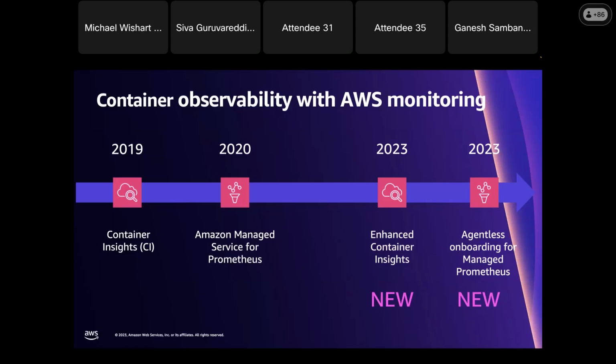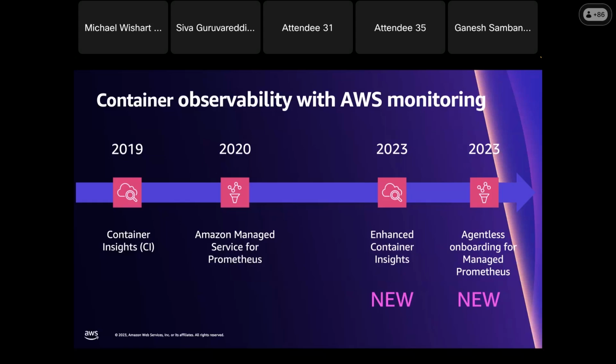And with that release, we released many features around Amazon Managed Service for Prometheus. Customers were able to deploy their Prometheus monitoring, all the node exporters and container monitoring on their cluster, and push all the metrics to Amazon Managed Service for Prometheus. Then they are able to scale the metrics and view them through dashboards. Then in around 2023, we enabled enhanced Container Insights, where we enabled additional metrics for deep insights into your cluster and the alerting mechanism and everything.